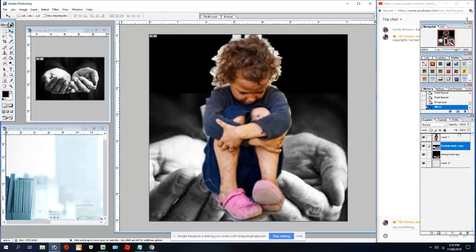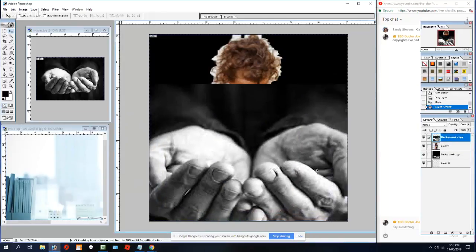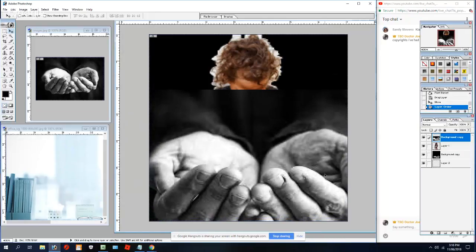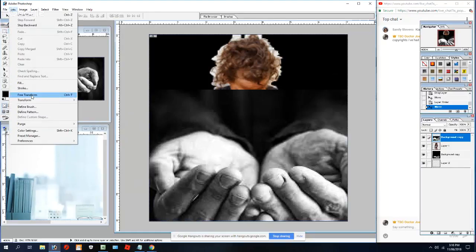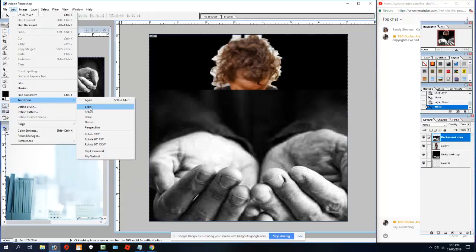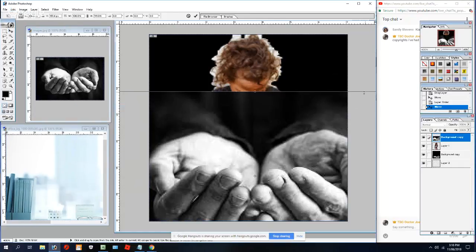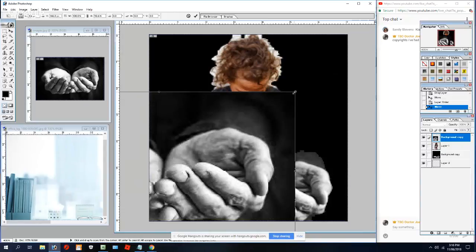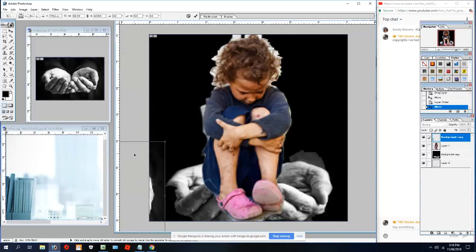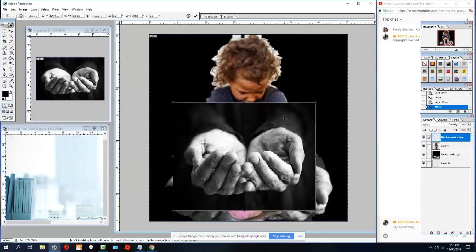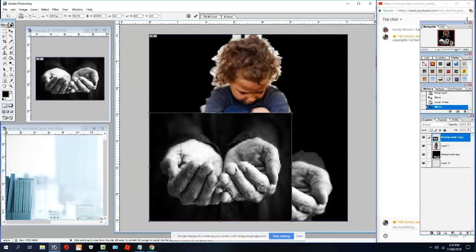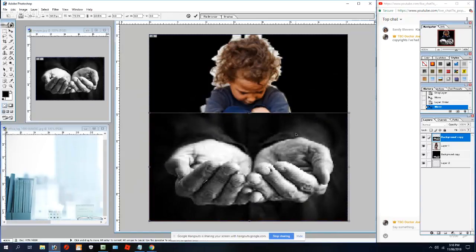And I'll bring my hands forward in front of her. And I'll trim her into the hands. It is time consuming, and it takes a bit to try and muck around with a lot of these, and you just got to have a lot of patience to do this. If you don't have any patience, you'll get, well, us Māori say a bit hoha. So you've just got to have patience.